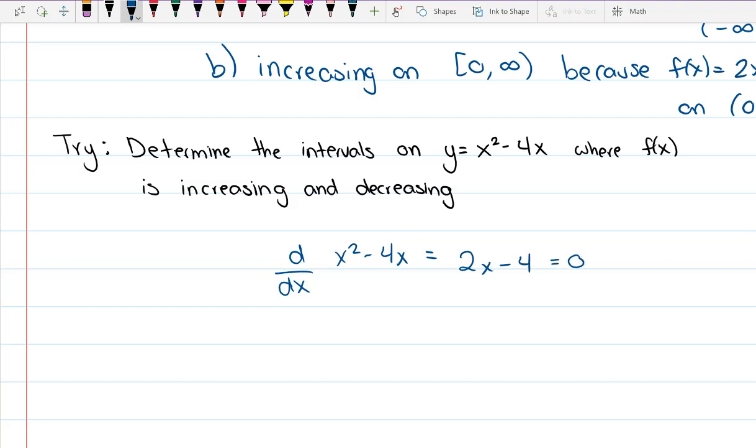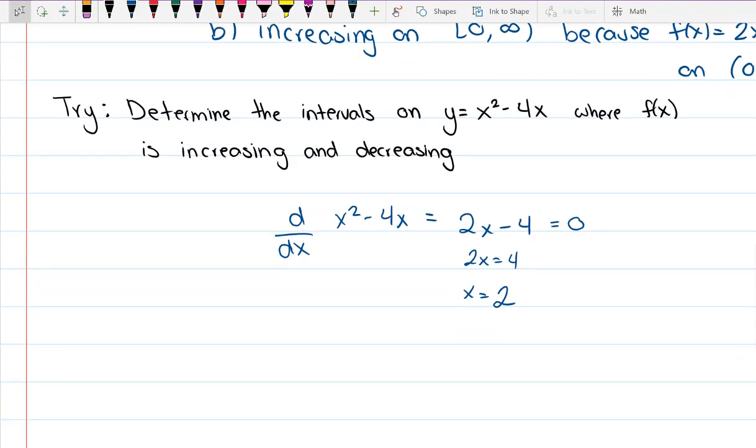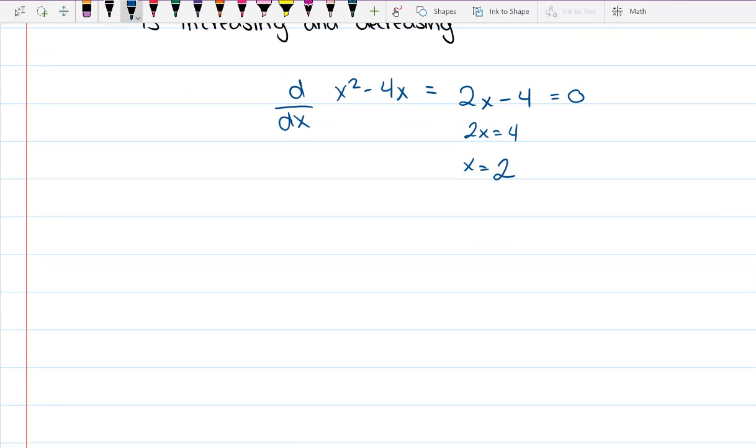It's what we did in the last problem, but because it was just 2x, we recognized right away that it's 0. So you get 2x equals 4. So x equals 2. So this is going to be our critical point, and this is going to be where the derivative changes from negative to positive or positive to negative. So then we determine that